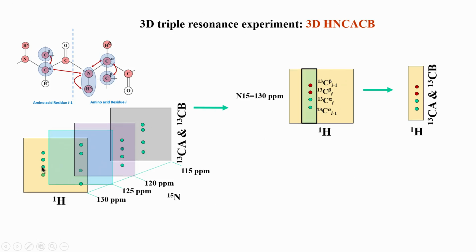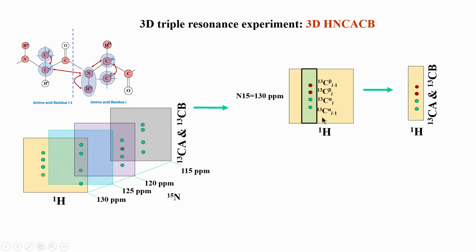What you see now, look at this here, for every slice or every strip or every peak for a given amide proton and nitrogen, for example, if I look at 130 and suppose this is 8.5 which I showed in the last slide, you can see that corresponds to 1 amino acid. So, for every amino acid I, you will get 4 peaks in this axis, and these 4 peaks correspond to C alpha I minus 1, C alpha I, C beta I, C beta I minus 1. Why are we getting 4? Because if you look at this picture this side, 2 are from the I and 2 are from I minus 1.